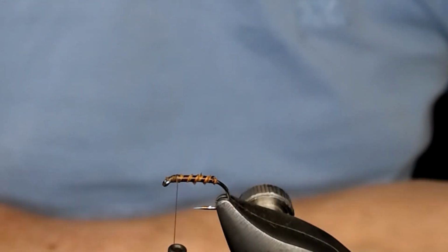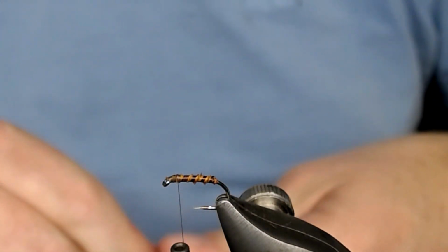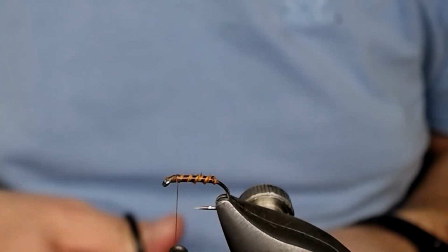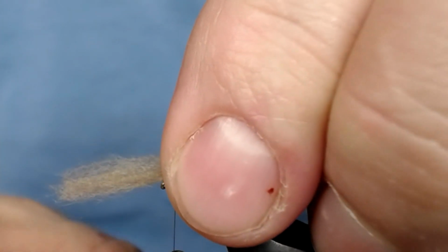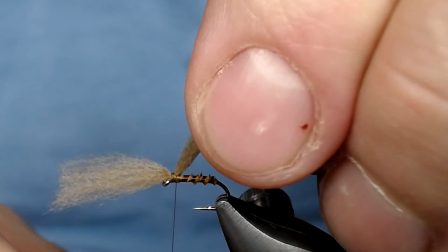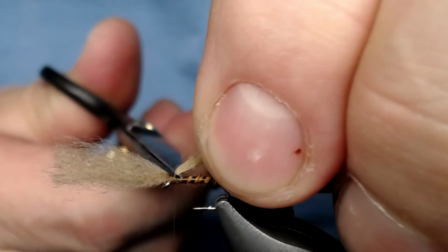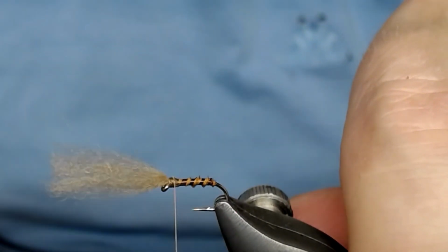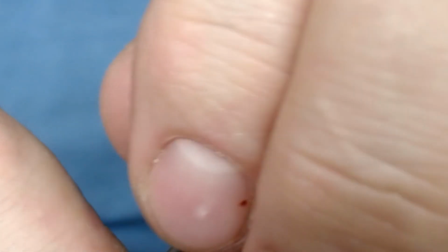Now I'm gonna use my super yarn. Just snip off the end here. Oh, my scissor is getting blunt, and I just attach like this and try to cut this little baby just at the tying point, and I use my thread like this to tie down the stubs, and wind back this little baby